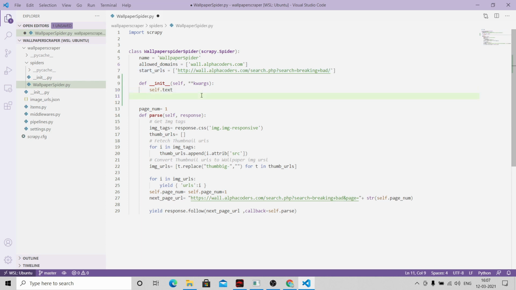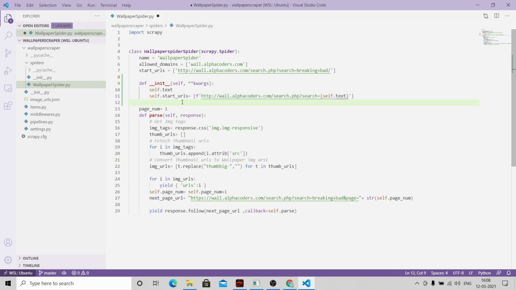Start URL is also a class member, and we want this full URL except Breaking Bad. And here we want to put self.text, and this is going to be our f string. So f string is a special type of string in Python where you can put the value of a variable inside a string. So this is going to be our new start URL.